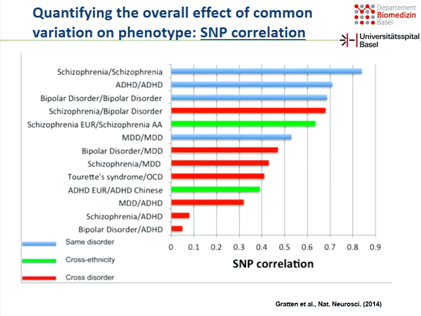And then you can also have a look at different ethnicities, because that is also a big question: to what extent do common variants that contribute to schizophrenia in European descent patients are the same as in African American patients. And as you can see here, for schizophrenia that has been done between Europeans and African Americans, there is a correlation of about 60-70%. So there clearly are ethnic differences, but there's also a strong overlap. It's not like completely separated.